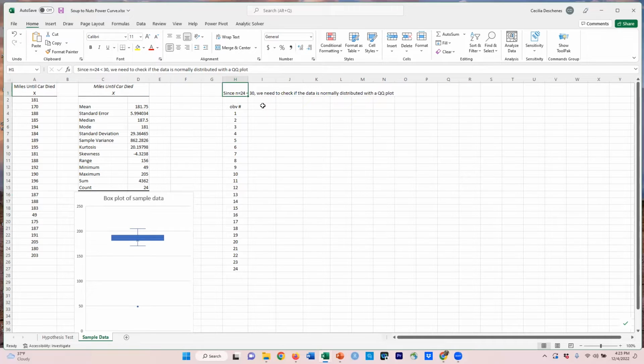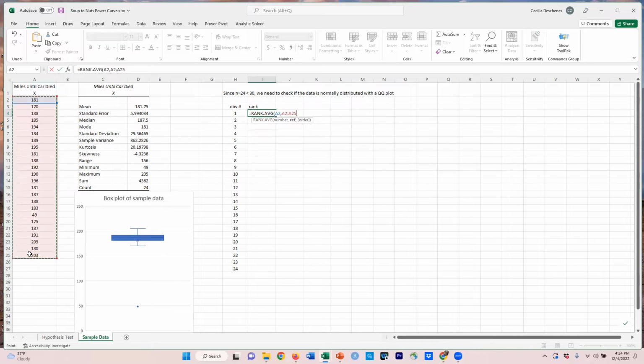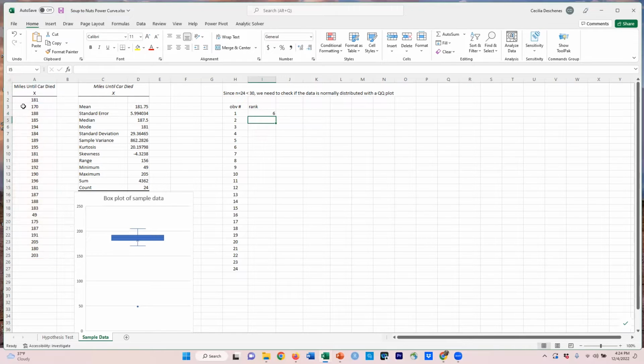Okay, then after I have the observation numbers, I need each of the observations' rank. So that is, if I were to order them from smallest to biggest, what would be their rank? And I can just get this without having to sort. I can just say RANK.AVG, and I'm going to get this number right here. And I want to refer to this whole set of numbers. That's our data set. And the order I'm going to go in is ascending. So I hit that. So I see that the value 181 is the 6th from lowest to highest, smallest, if